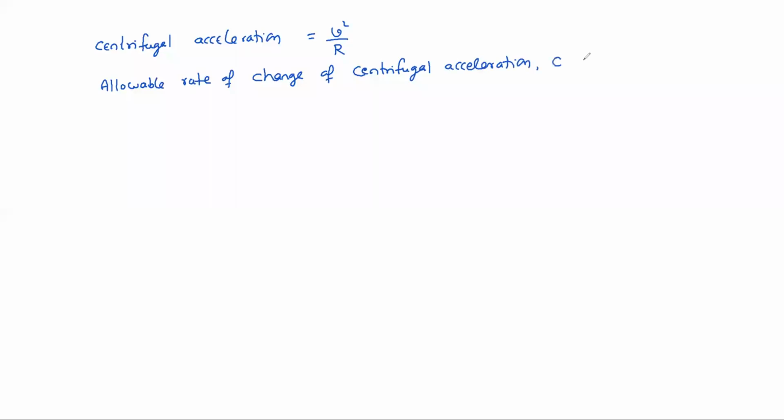it is actually c, that is in meter per second square per second, that is equal to meter per second cube. Its value ranges from 0.5 to 0.8 meter per second cube. Here in this design, generally c equal to 0.6 meter per second cube can be adopted, as the default value.